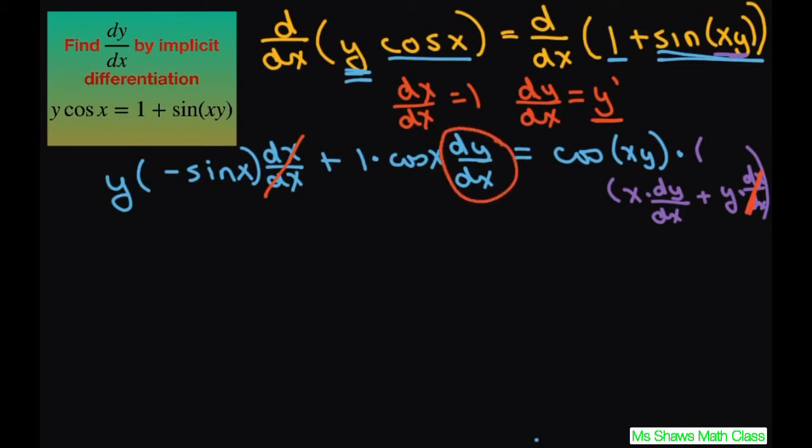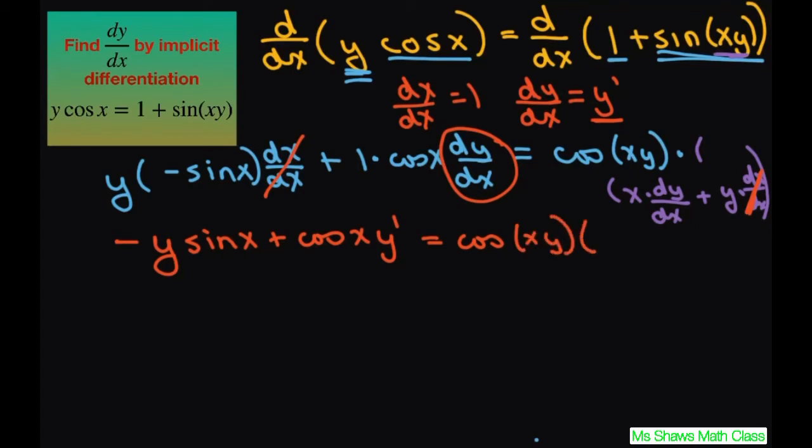So if I straighten this up, I'm going to get negative y sine of x plus cosine of x, y prime, equals cosine of xy times x, y prime